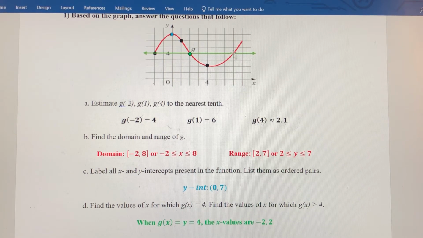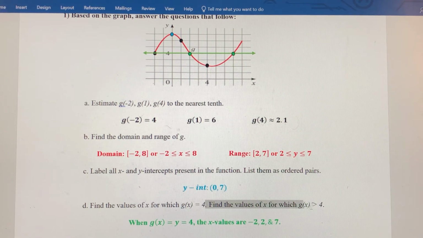And then there's actually a third place where g of x is equal to 4. Let's put a point there, and that's going to be at 4, 5, 6, 7. So the third x value would be +7. Okay, so notice that at each of these three x values, -2, +2, and 7, they're on that horizontal line through y equals 4. All right? Now then,